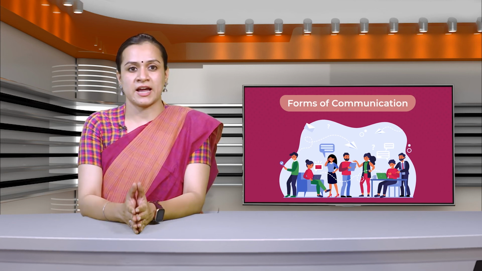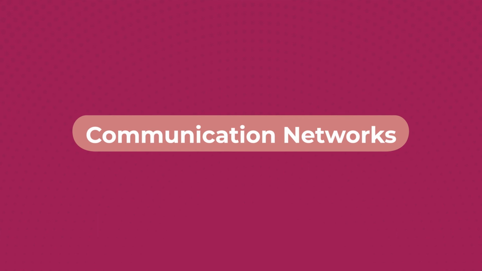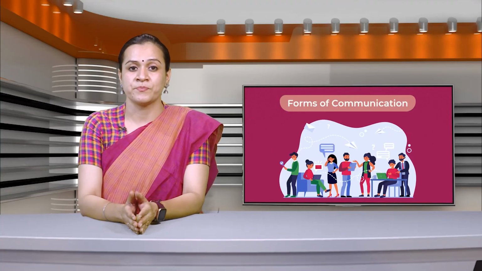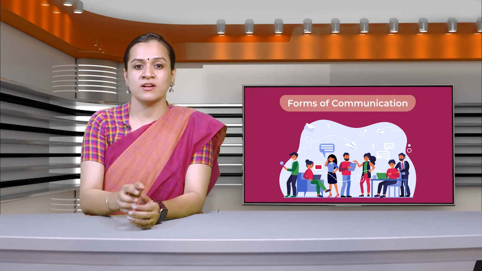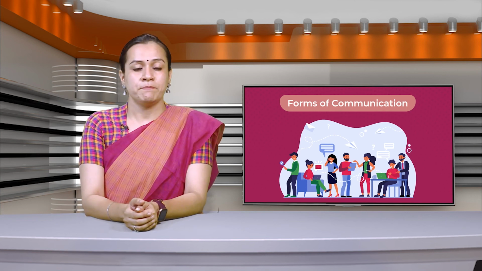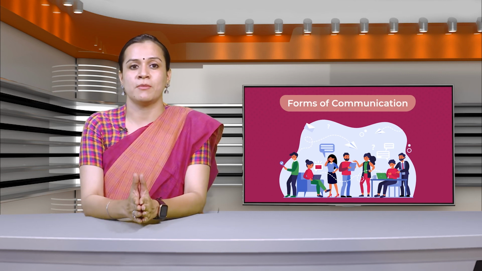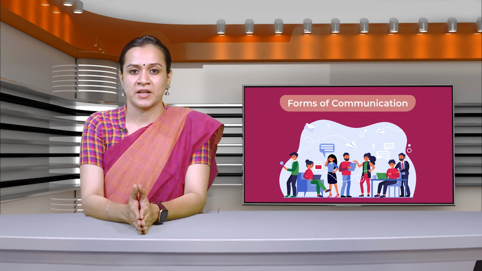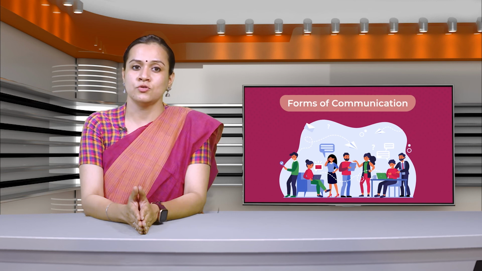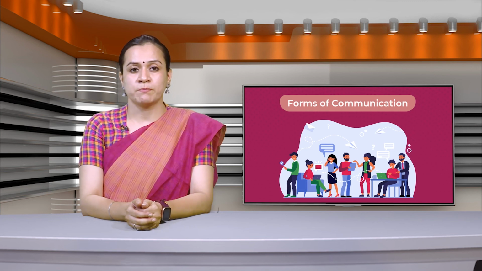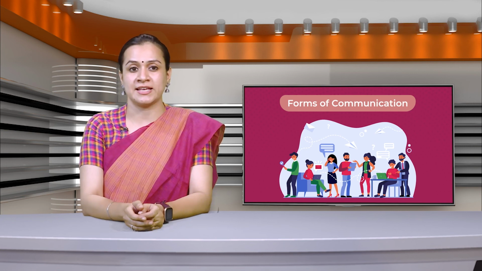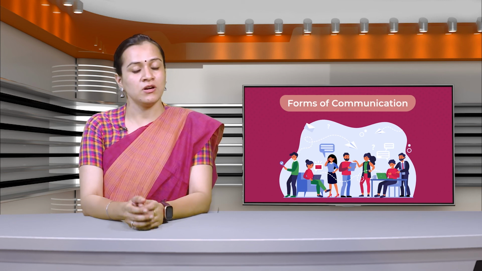Moving on, let's understand what are communication networks. The types of communication networks are vertical networks, circuit networks, chain networks, wheel network and a star network. The pattern of contacts among the members of the organization and flow of information among them is a communication network. Network helps managers to establish contacts in different patterns through communication flows. The network depends upon the magnitude of the organization, nature of communication channels in the organization and the number of persons involved in the process.